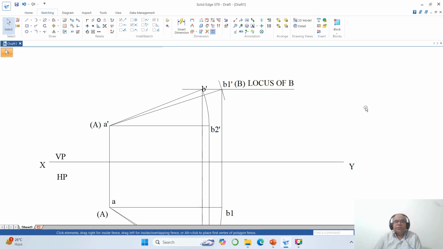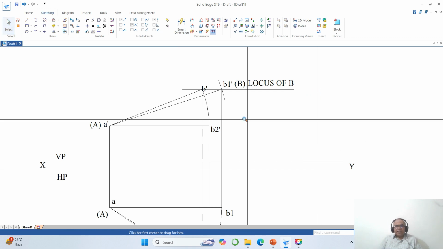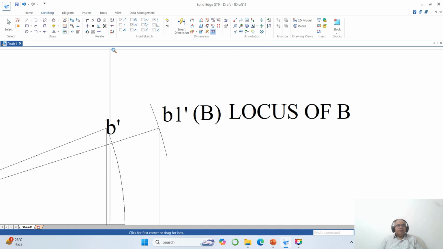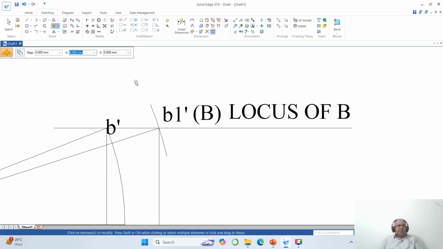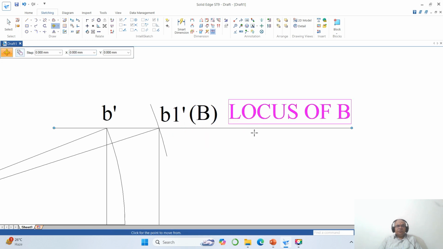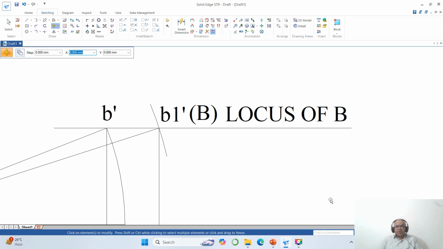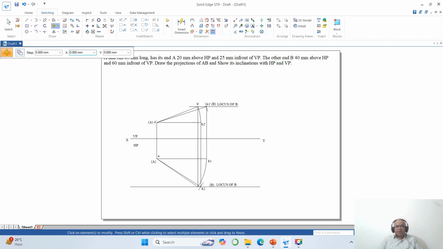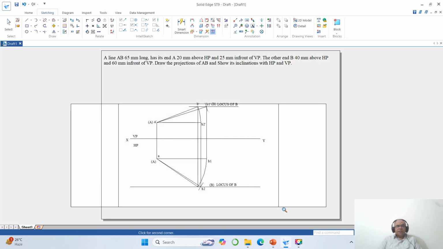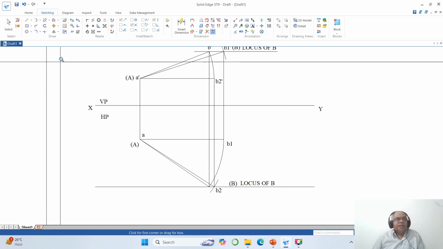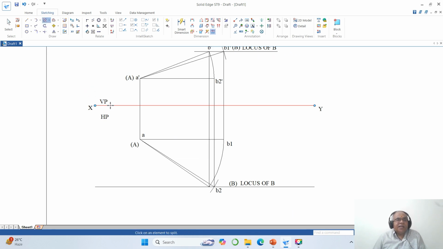Okay. So once you do that, now I want to move this entire thing to the top. So go to move command, take B dash and keep it here, and of course B1 dash and all those things which is already moved to this location. Now once we have this, then come down to zoom window here at the bottom side. Similarly, go to split this line till here and you split this line till here. Then go to erase